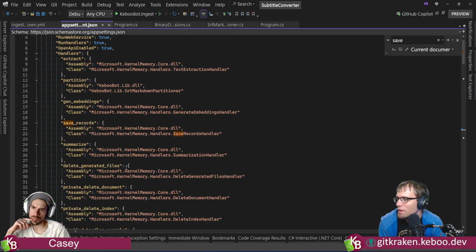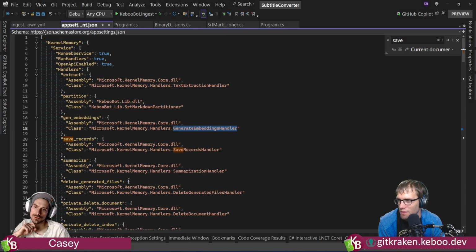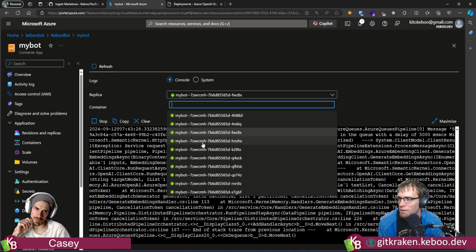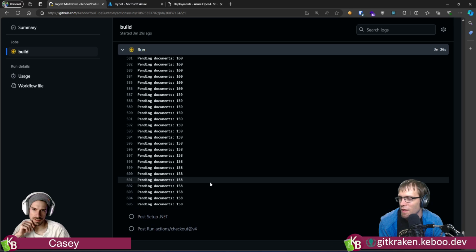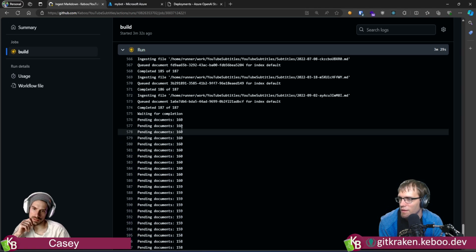I mean, the other thing we could do though, right, is this generate embeddings handler. What we've seen is these things are fairly easy to derive from and extend. We could probably derive from this sucker and add in whatever we need. Kind of my thought. That's true. Yeah, it'd be an interesting place to at least look. And I don't know how you feel about your Azure bucks and or your GitHub minutes. It'd be interesting to see how long this actually runs and if it ever actually completes. Yeah, well, GitHub is going to, hey, it's going down, right?